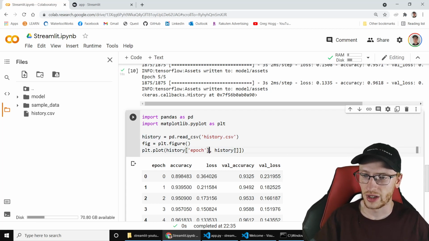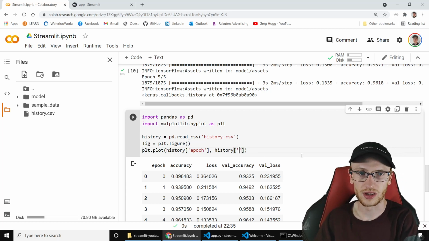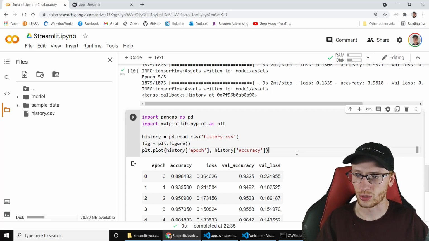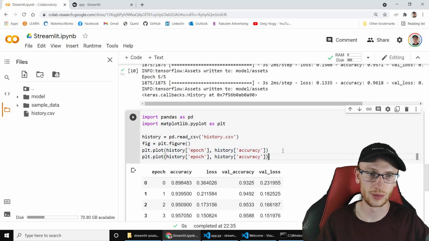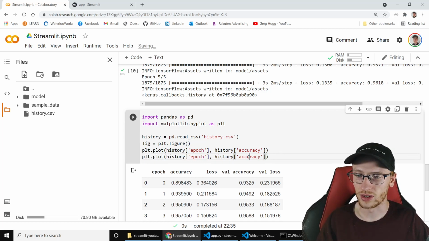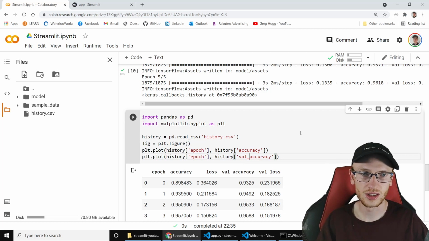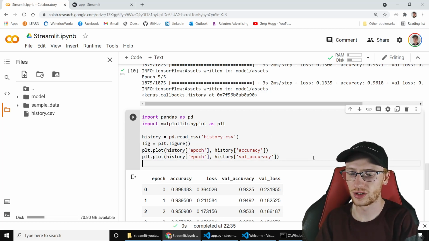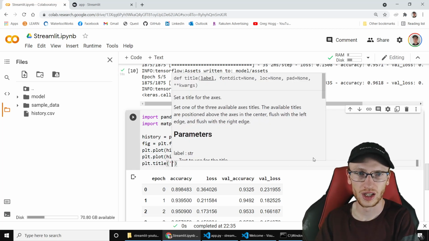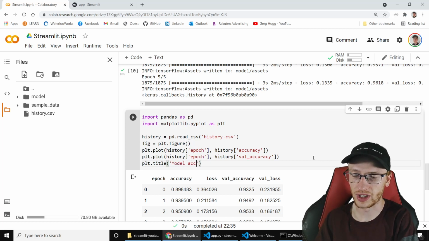history sub epoch, that's wrong, and history sub, there we go, with just the accuracy. Okay, so we have that, and we're going to just copy this exact same thing. This will make another curve, or basically a line, for the val accuracy. If I do it like this, to make the val accuracy, and we'll just give it a title. So we'll do plt.title, and we'll give that something like, model accuracy versus epochs,